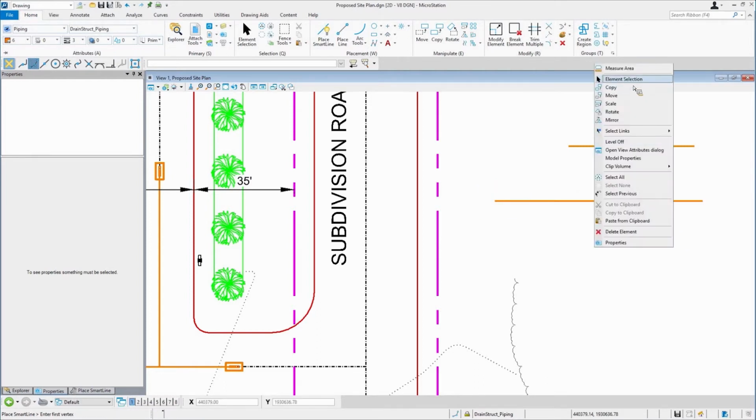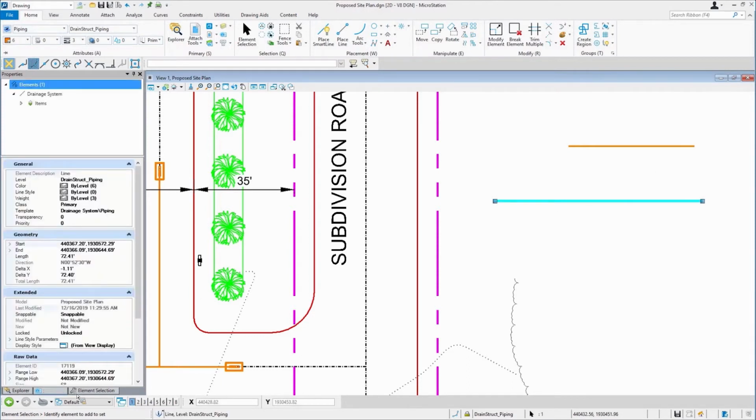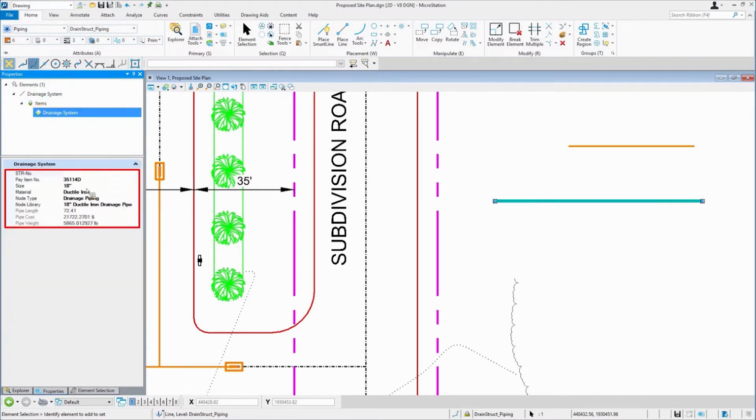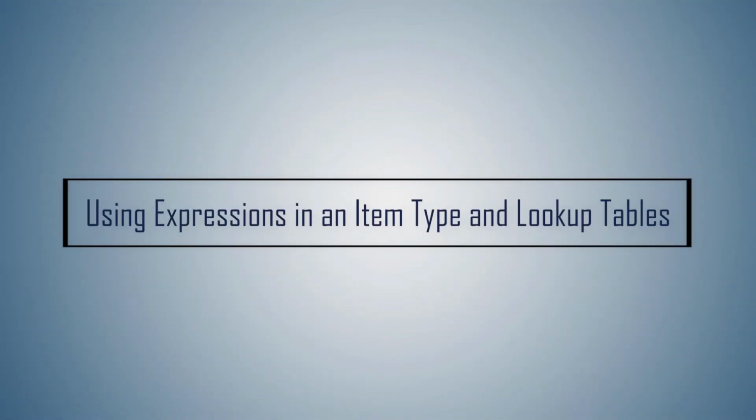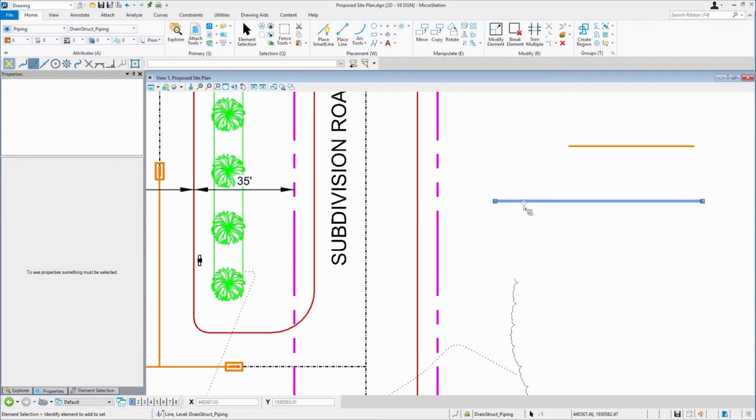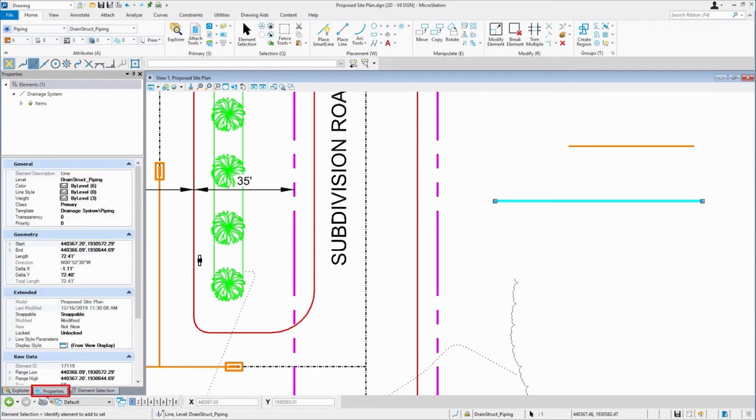And you'll notice that if I just go to element selection and pick the properties of it and take a look at it, hey, notice it's all filled in with the exception of that structure number. And we'll just make it 750, the same as the other. But okay, so now when we take a look at the properties,